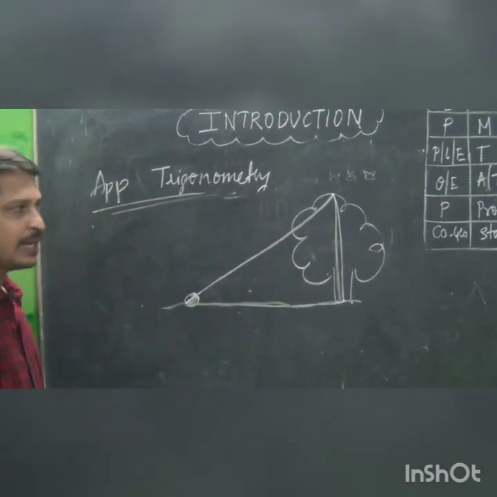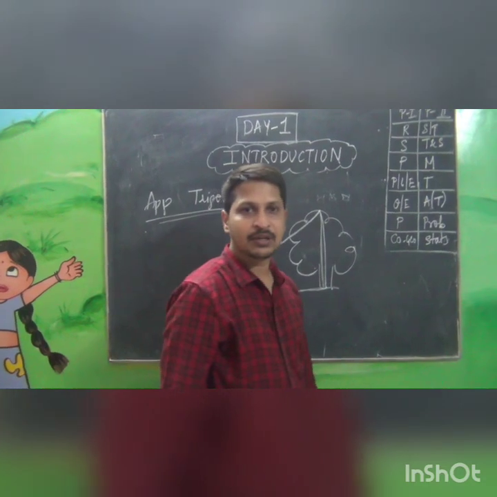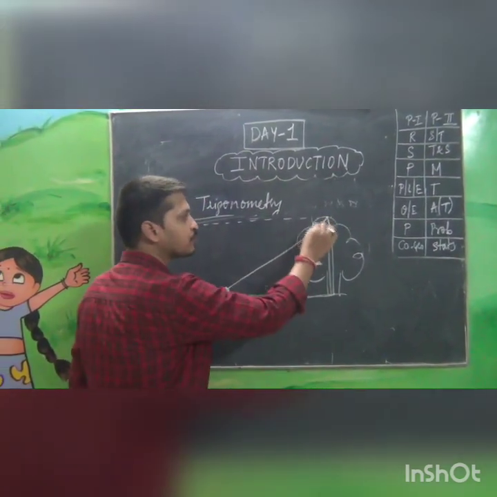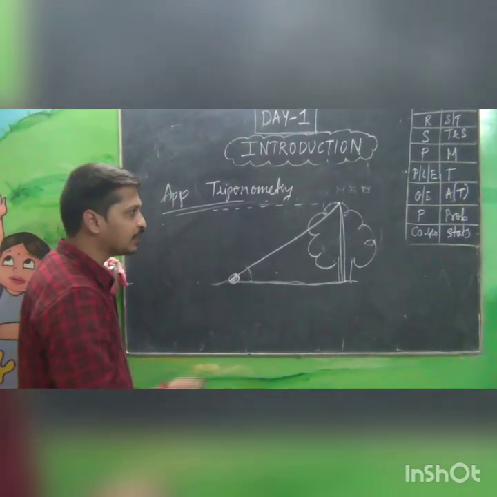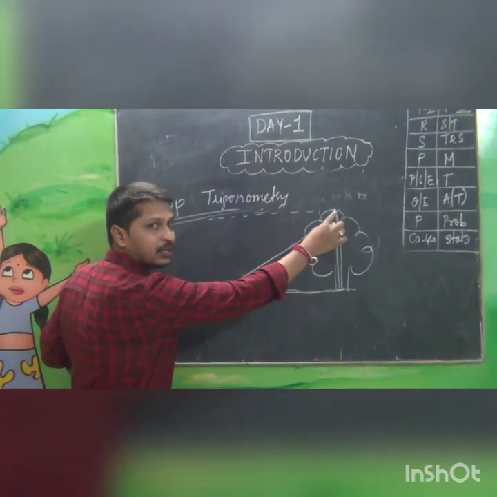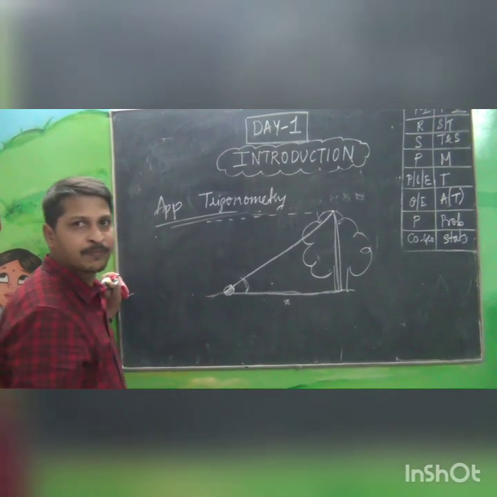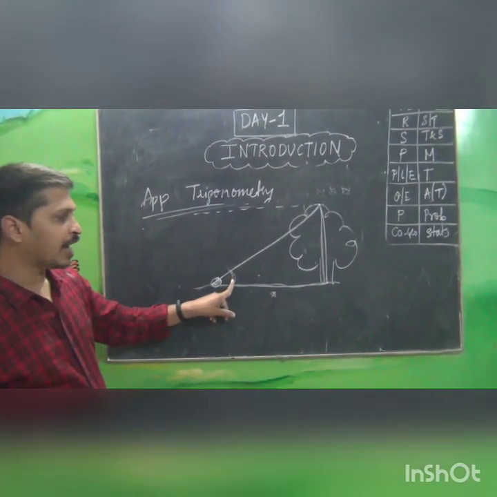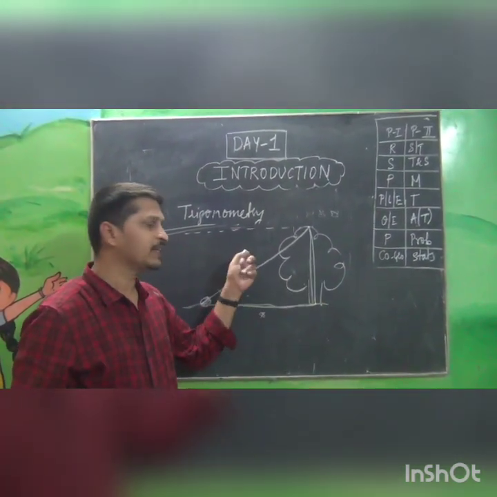So basically here we will deal with angle of elevation and angle of depression, and also we will deal with angles. Now to find the distance from the ball to the tree, at least you should know an angle and one distance. You should have this angle and the height of the tree, so that you can find the other distance.